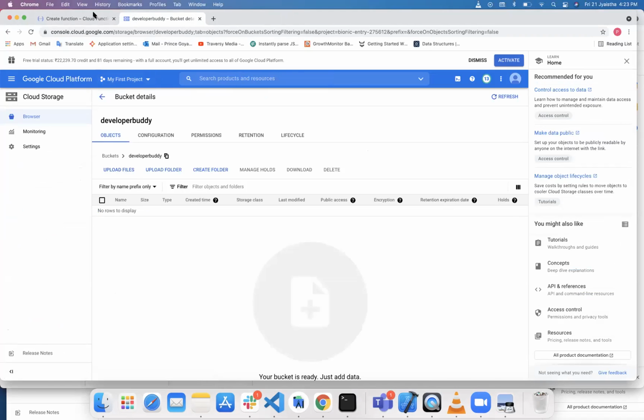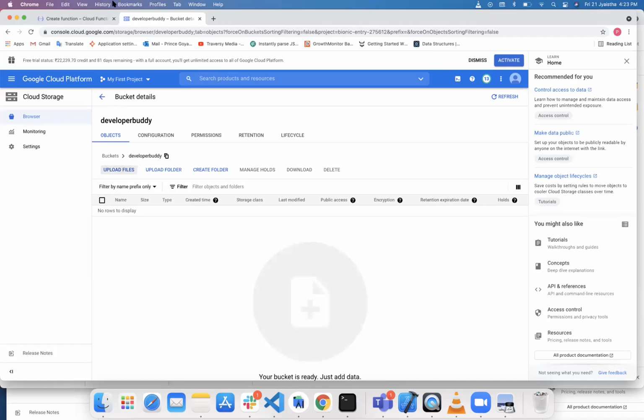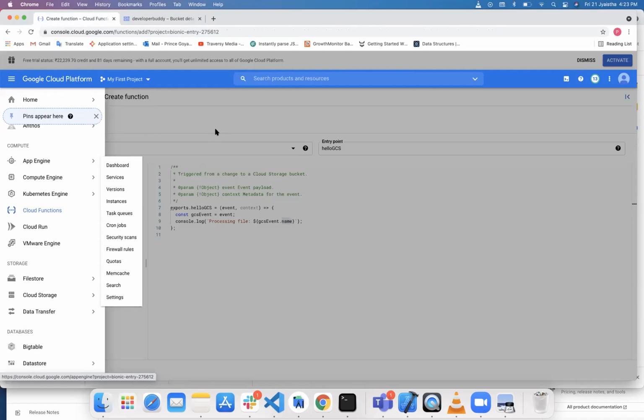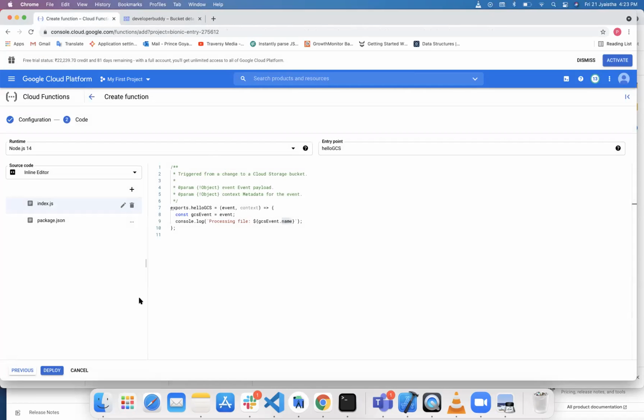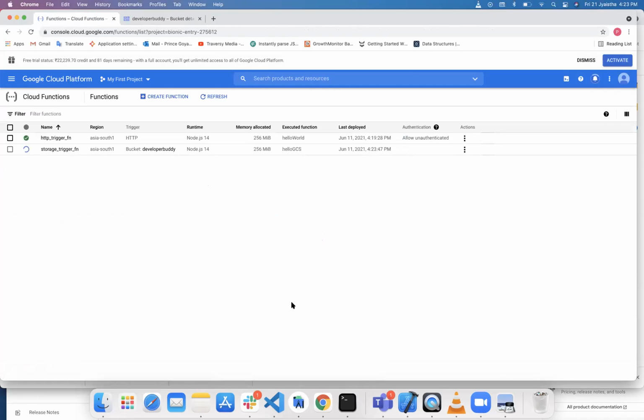Here I will upload a file, and this will send an event to our function. And on that event, I'm just printing the file name on the console. So the function is being created.